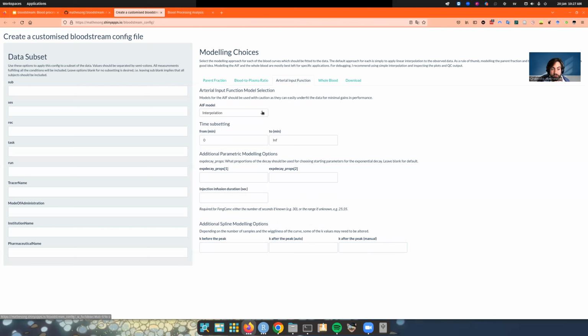Lastly, the arterial input function. We don't have to fit this. I quite like, I mean, let's fit it here if we feel like it. So we can do a linear rise and tri-exponential decay. That's a pretty common model. Although the linear rise portion is